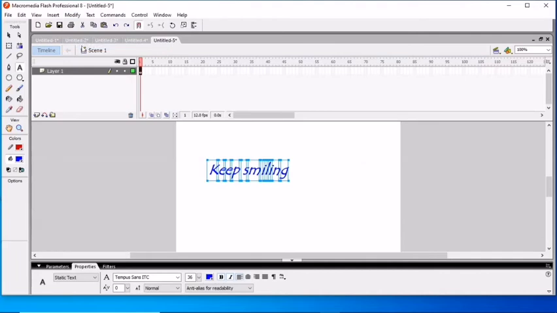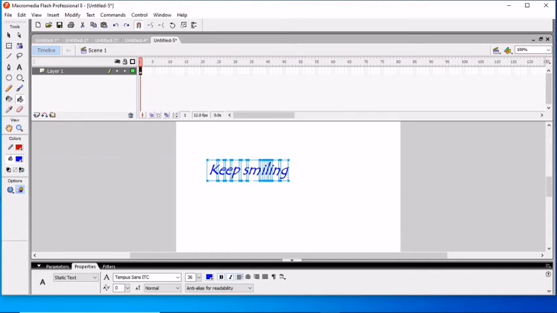You can see each alphabet letter becomes separated. Now this is not text, this becomes shapes. If you want to change anything, you cannot change it because it has been converted into shape. If you want to use the bucket tool to change anything, it will not work here, because now this becomes a shape.